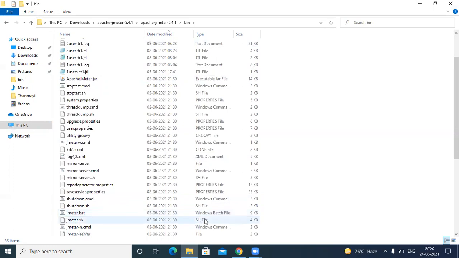A .bat file is nothing but a Windows batch file, which will run on a Windows system. If you see .sh, it is a Unix shell script. Since you're using a Windows machine, you will just use the Windows one.